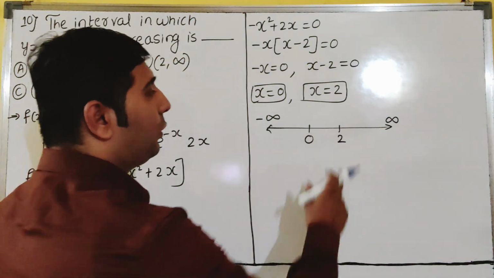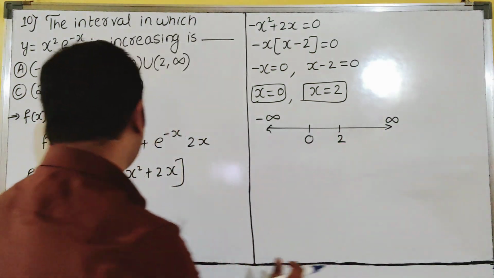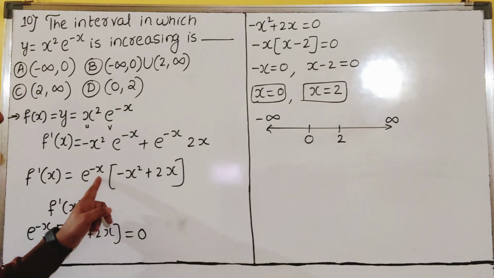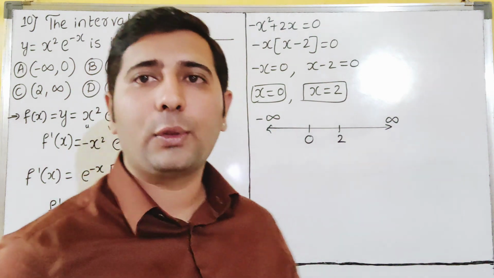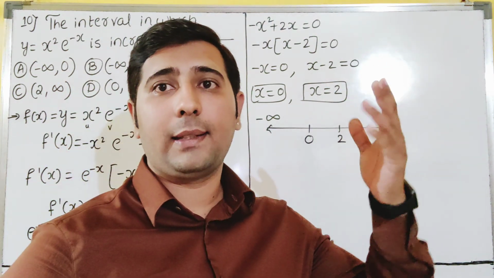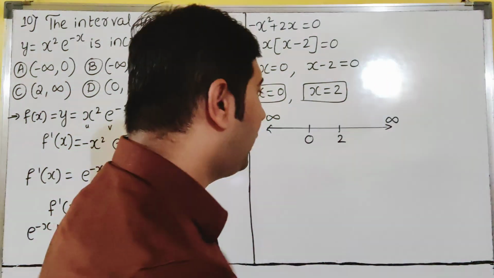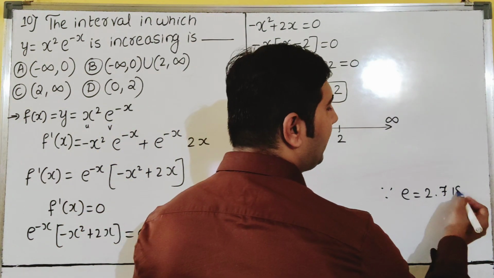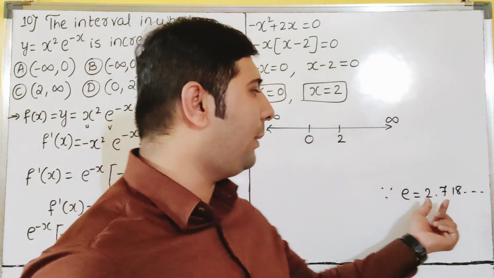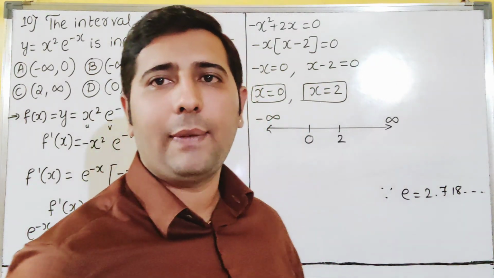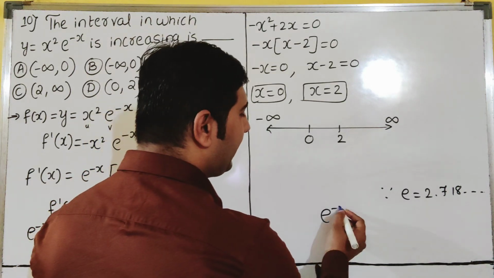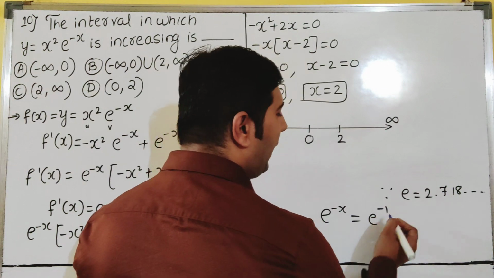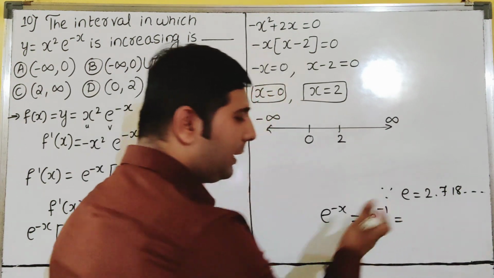Take a number more than 2, and this is positive, dear students. I have forgotten to say this one. e raised to minus x always remains positive. How, sir? Sir, e raised to minus x is there, sir. How are you saying it is positive? So e value basically, dear students, is 2.718 something. Just imagine we are having the e value 2.7. So now e raised to minus x is there. x value you can say anything. If you take, sir, 1, I will keep. Then how much is it, sir? How is it giving negative?